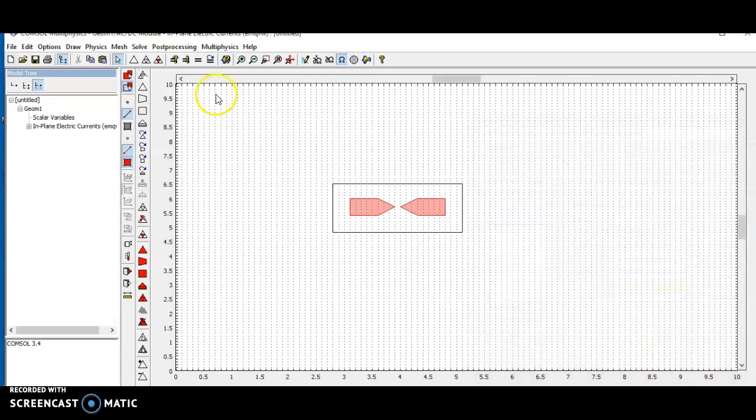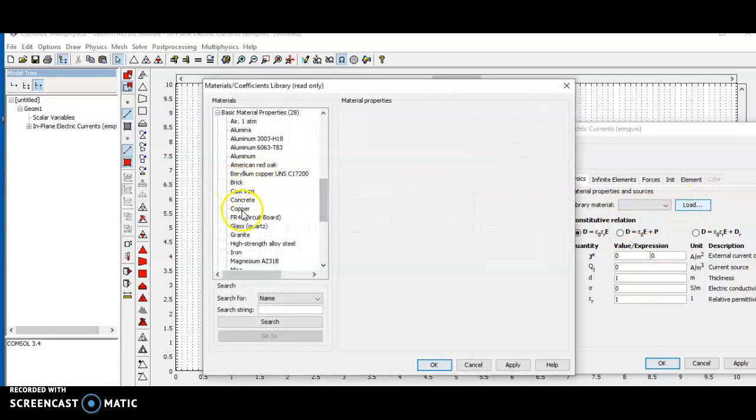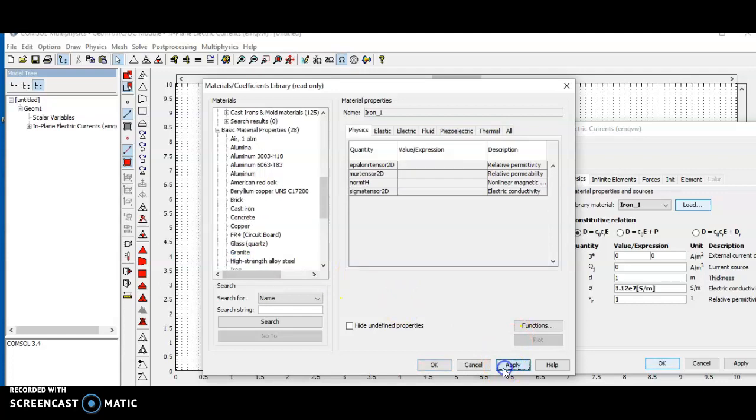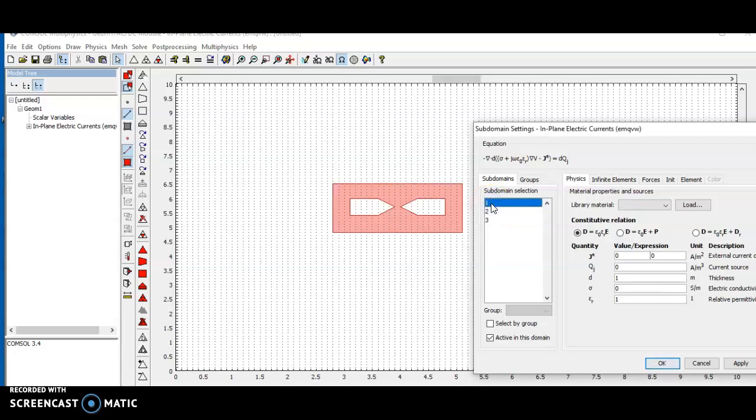Okay. To ensure, we have to move to the subdomain settings once more. So we have to further apply the material, iron, apply, okay. So 3 is iron, 2 is iron and the third one is nothing but an air medium. So we have to ensure that the corresponding property of the material is given to them. Okay, so these are the 2. So the 2 point electrodes should have the same material. So they are a homogeneous type of material. Here I am using iron.